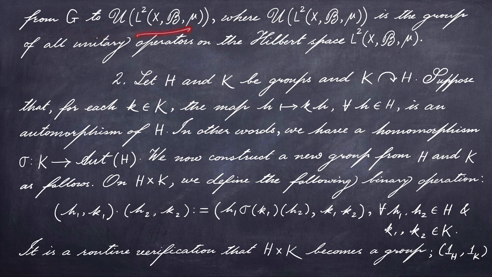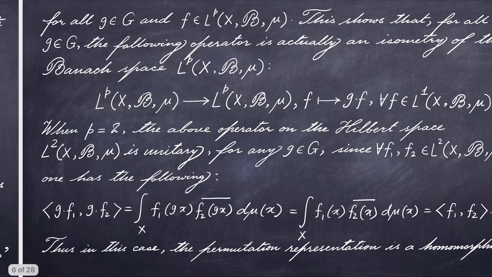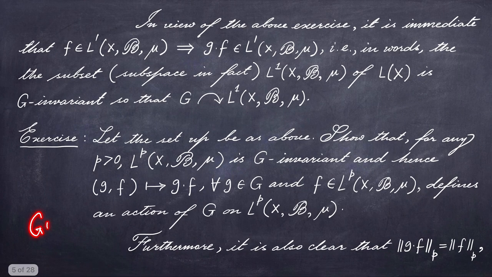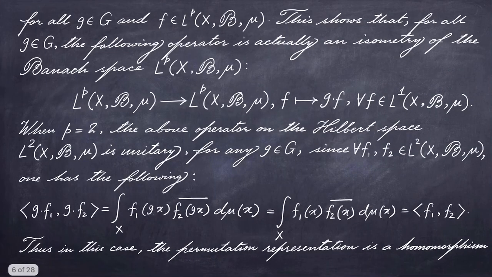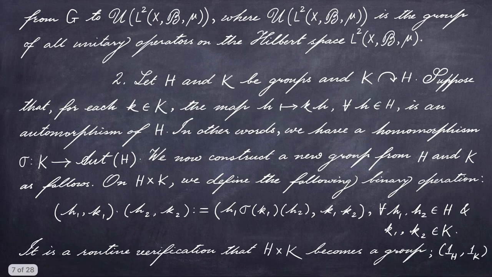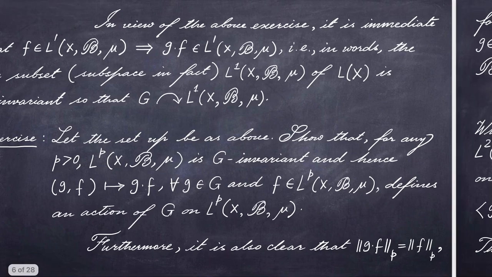So let me summarize. If G acts on a measure space in a measure preserving way, then from that we obtain that G acts on any L^p space by isometries, and in the very particular case when p equals 2, in fact G acts on the Hilbert space L2 by unitary operators. Again, let me tell you that if you are not familiar with measure theory or L^p spaces yet,